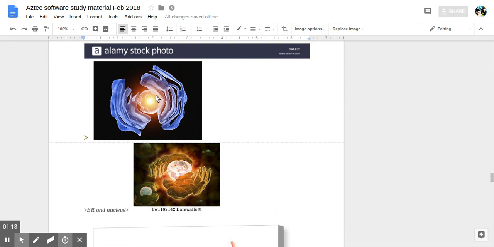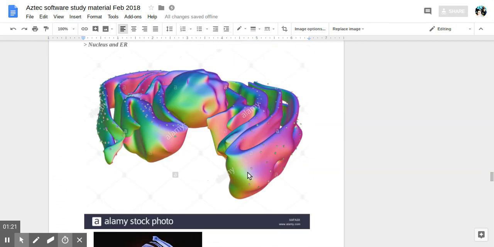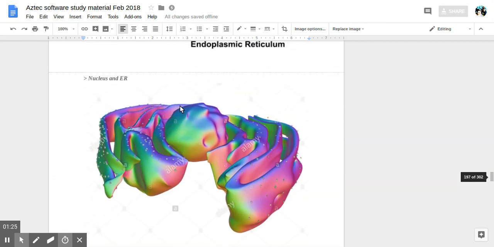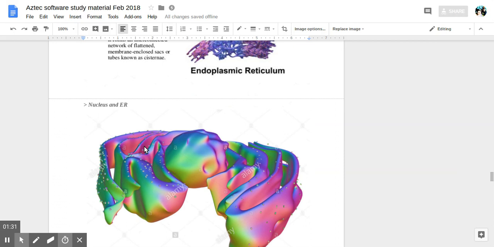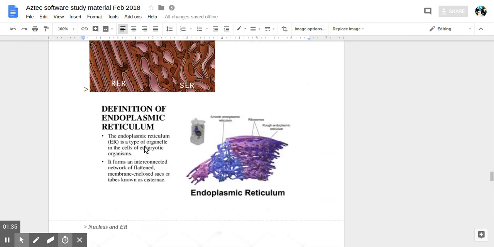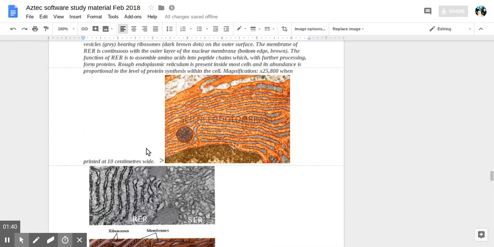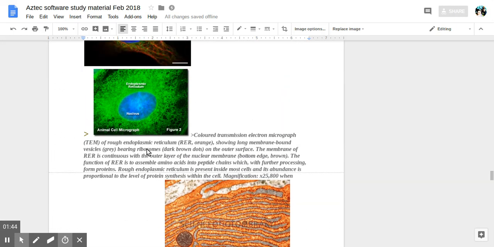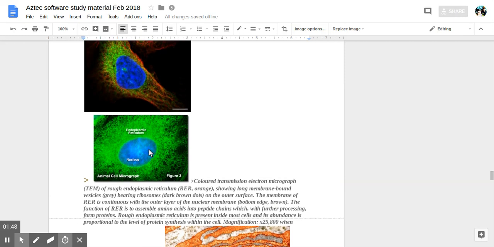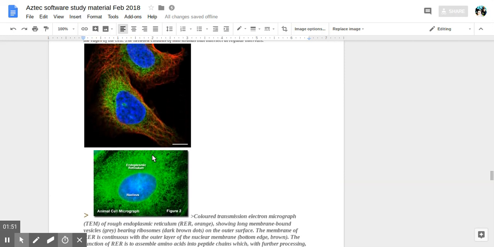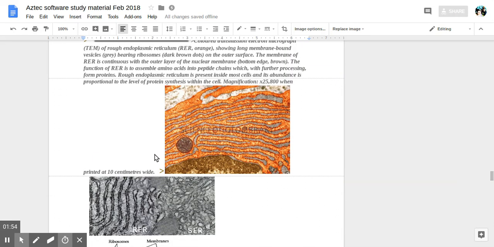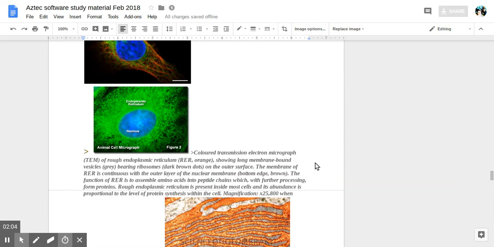So here's shown the ER and the nucleus, which is in the middle of it. So it's a very important organelle, since it's in charge of protein synthesis and lipid and fat synthesis. It's a bunch of cisternae or folds. So here's shown the nucleus with its surrounding ER structure. Here are electron micrographs showing the ER as well, folds, and